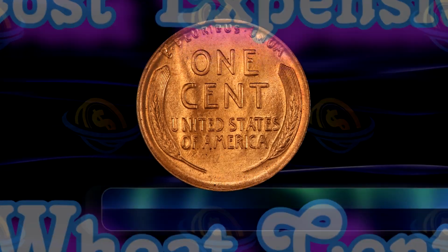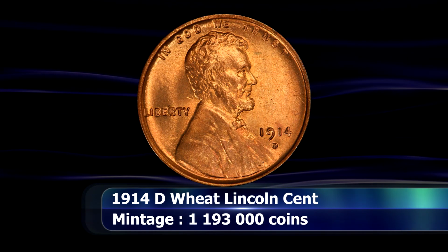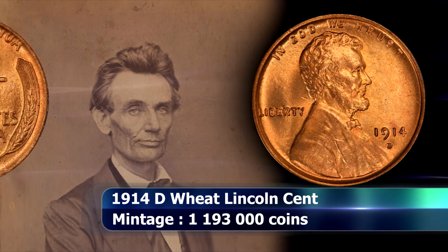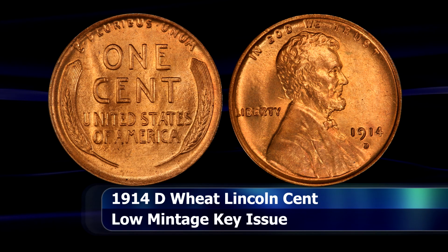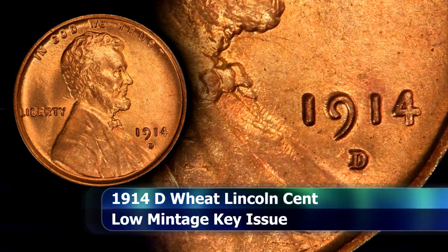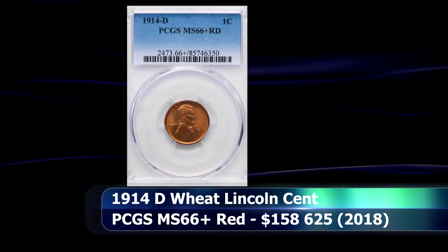By the time that collecting by both date and mint mark had become the de facto standard in the mid-1930s and onwards, the 1914 D wheat cent had already been languishing in circulation for nearly 2 decades. Its already low mintage of 1,193,000 coins slipped under the radar for most until it was already too late to secure a gem-level coin with original mint luster from pocket change. This example managed to survive though, graded by PCGS as MS66 Plus Red, and at auction in 2018 it was sold for